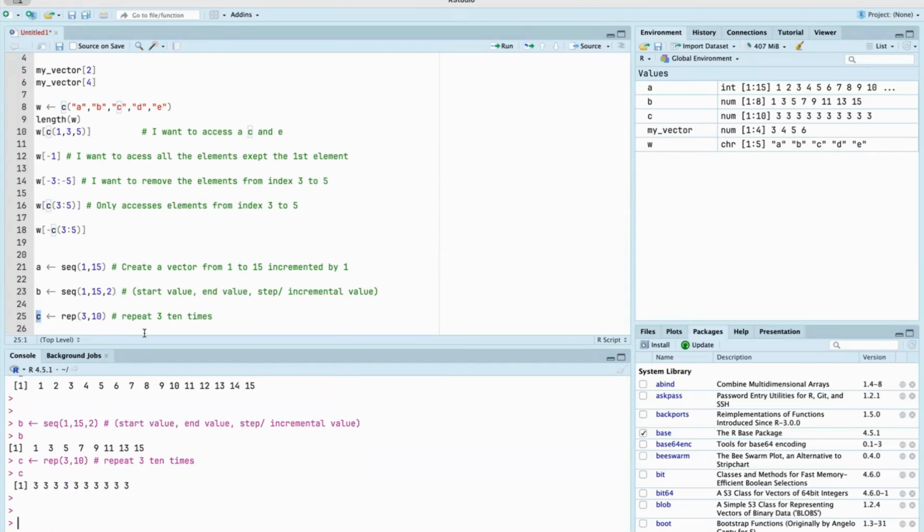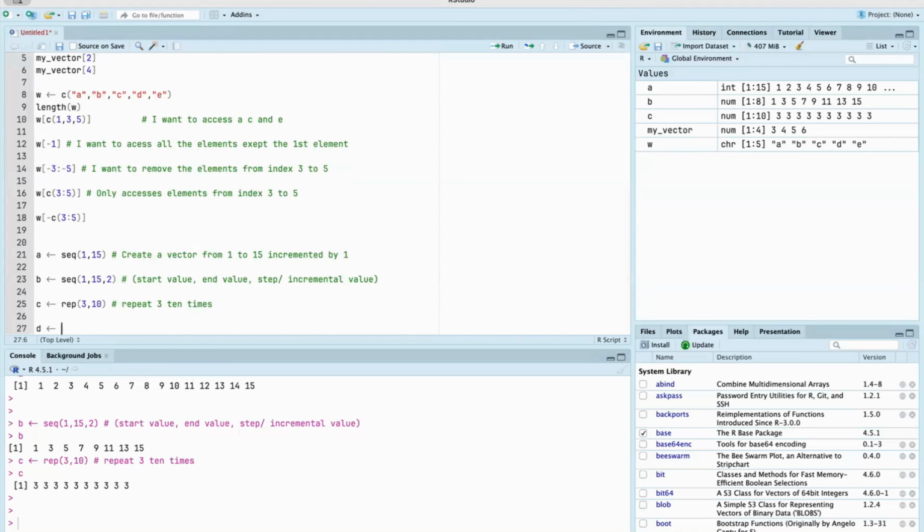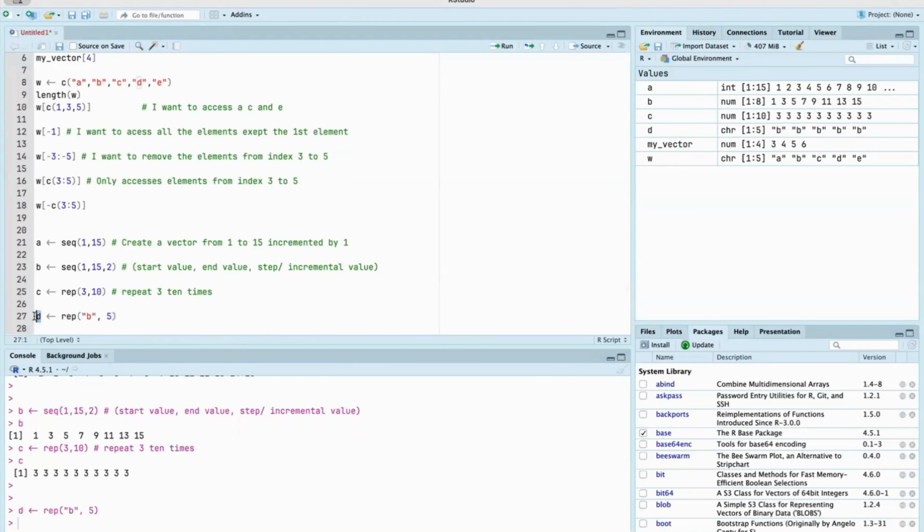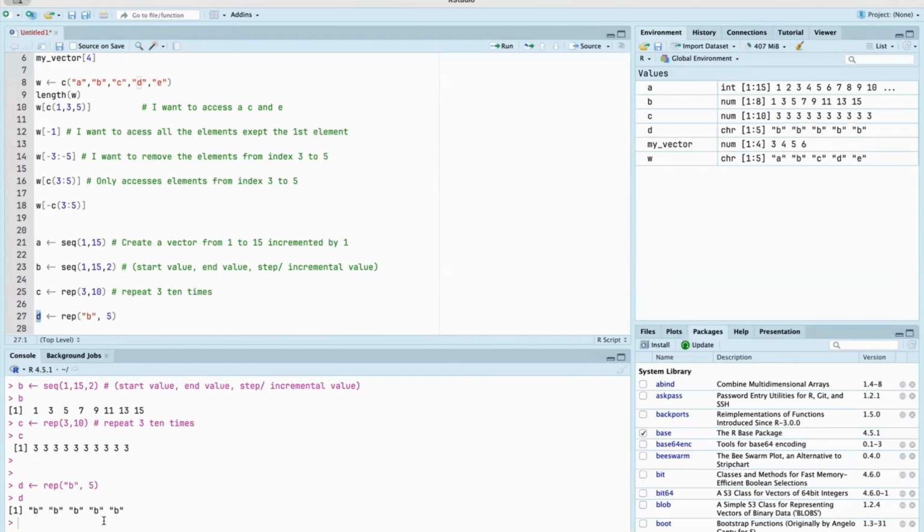Okay, so this is just a way, and it doesn't mean that this one has to just be an integer or a number. It can also be something like a string. So let's say I want to repeat B how many times? Maybe let's just say 5. If you run that, you can see that it creates a vector of strings where B is the value which has been repeated 5 times. Okay. So please remember